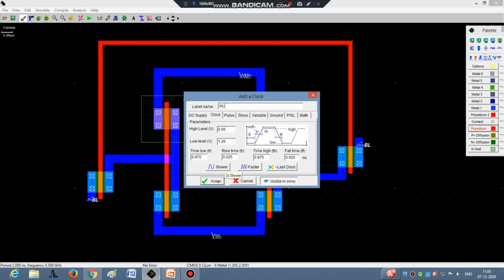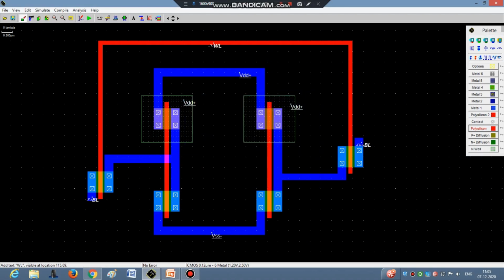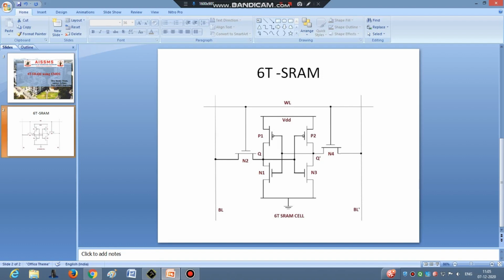We'll make it slightly slower so that it will be easily visible in simulation. Now bit line is connected, bit line bar is connected, word line is connected, VDD and ground is also connected.